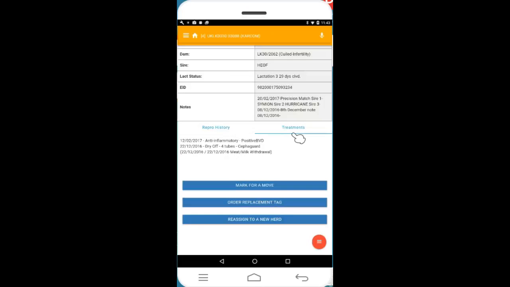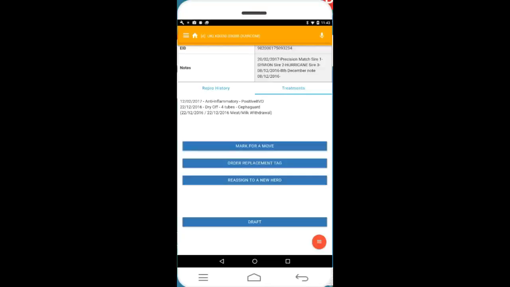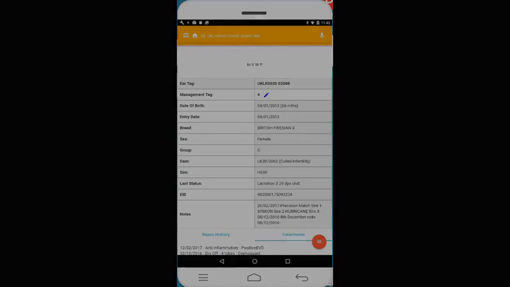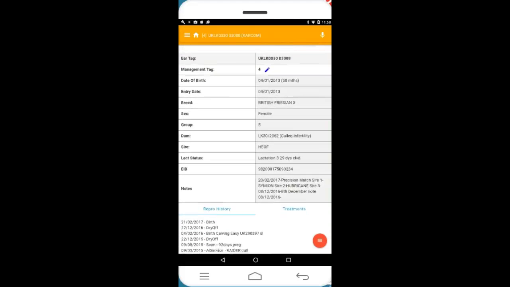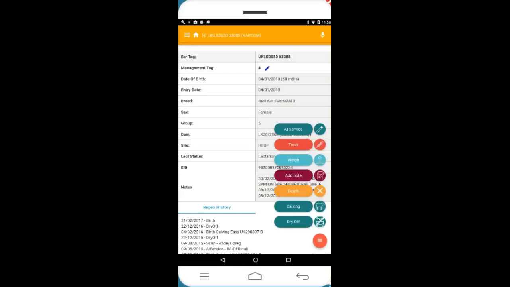There'll also be a further tab if you've recorded weights for that animal. Below that, you've got various other buttons for other events, such as marking the animal for a move, reassigning to a new herd, and in the case of automated parlour systems, setting the animal to draft. You'll notice at the bottom right hand corner there's a floating red button. If I tap on that, it will give me access to some buttons which will take me through to particular